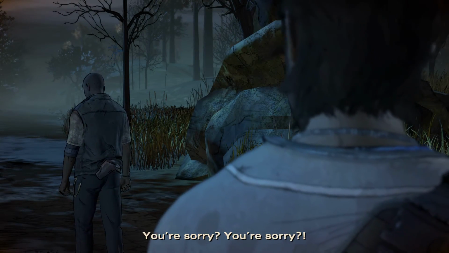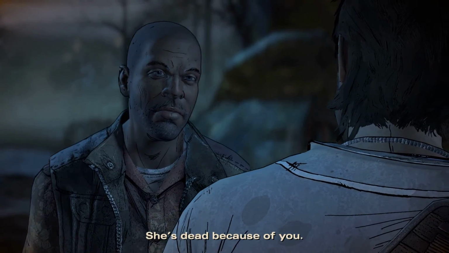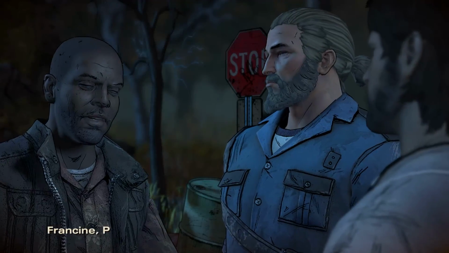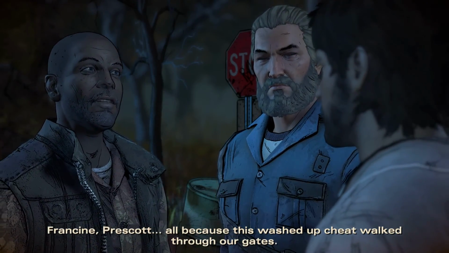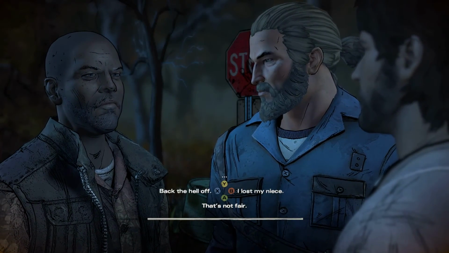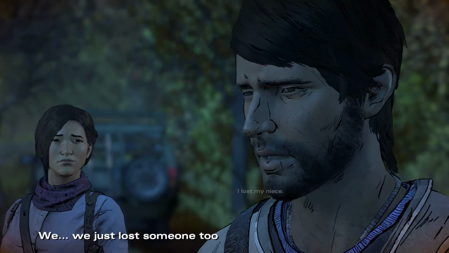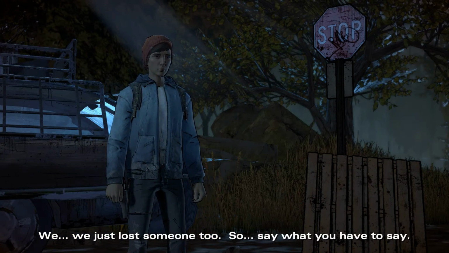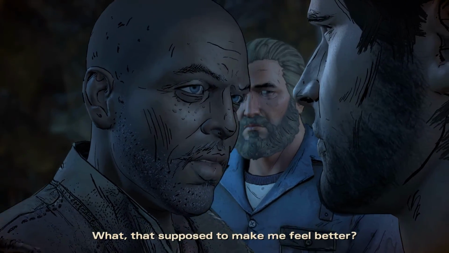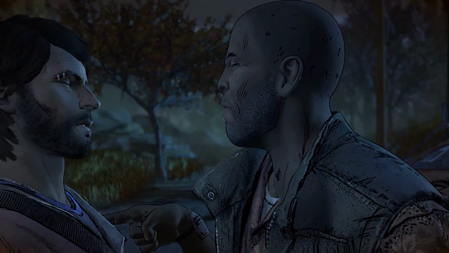You're always sorry. You're sorry? You're the reason they came to Prescott in the first place. She's there because of you. Conrad, easy, buddy. This wasn't his fault. Bullshit. Francine, Prescott, all because this washed-up cheat walked through our gates. I should have known it the second I looked at you. You ain't gonna stand up for nobody but your own. We just lost someone too. So, say what you have to say. What? That's supposed to make me feel better? Calm down, Conrad, please. All I know is, if it wasn't for him...